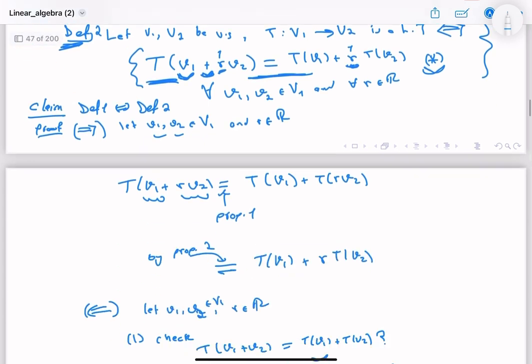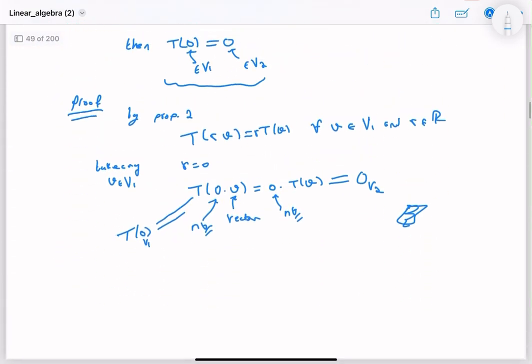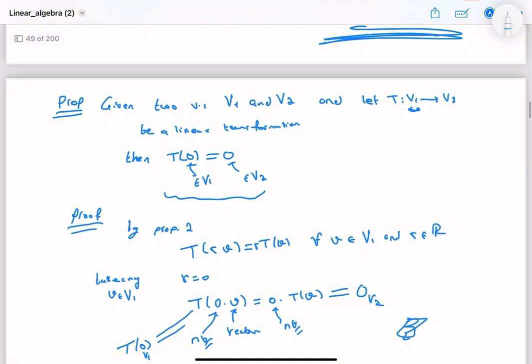So the other important proposition that we proved is that if you have a linear transformation T, then T of 0 is 0. And this is very, very important. And we're going to see how important this is as we go in the lectures. So this is the second thing that I wanted to prove. So let us go ahead now and talk about